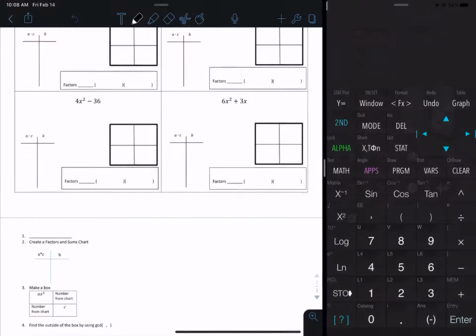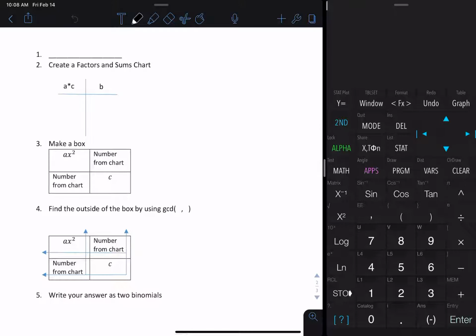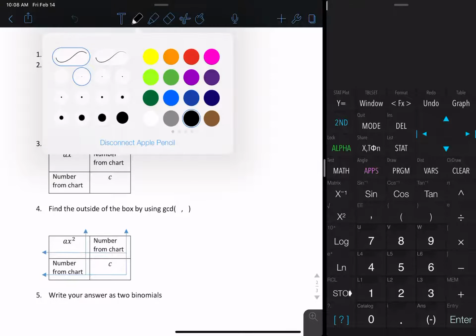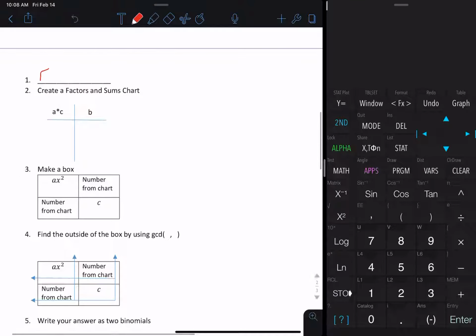Okay, so the last class, you got a chart that looked like this. It's kind of a visual reminder of how to factor a trinomial. Step 1 was left blank, and it was left blank on purpose. Today, we're going to add the step 1 to this list. Your step 1 is going to be to find